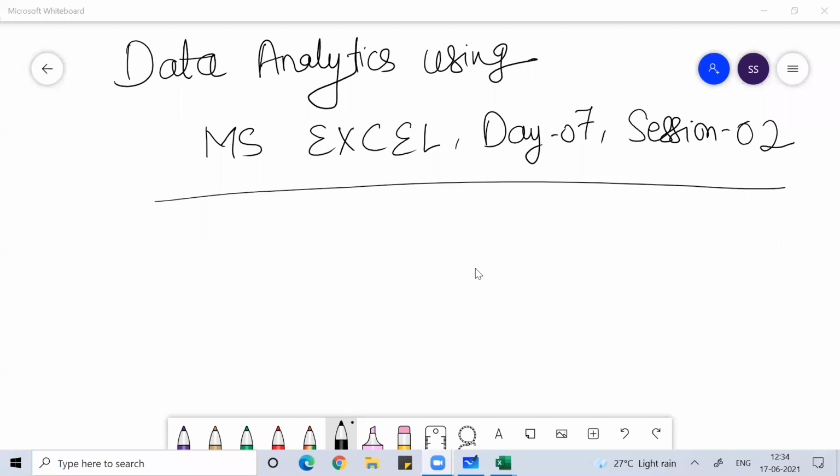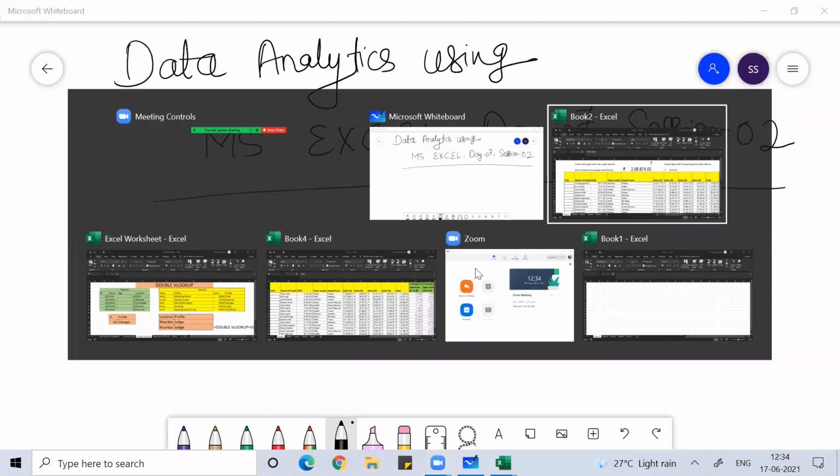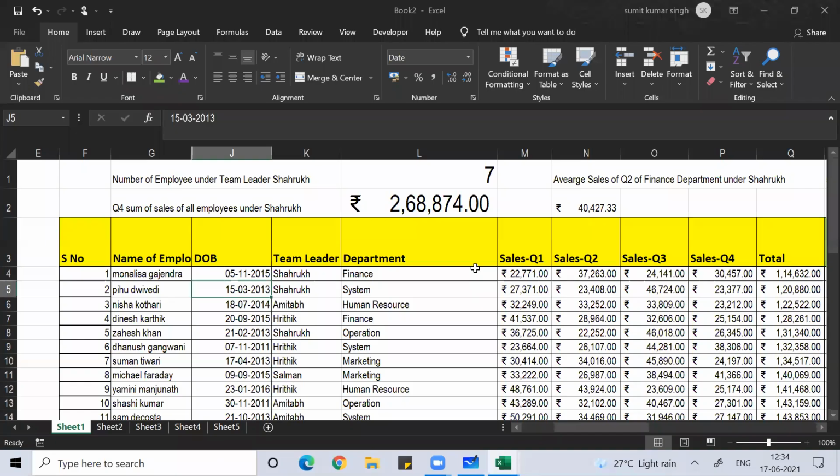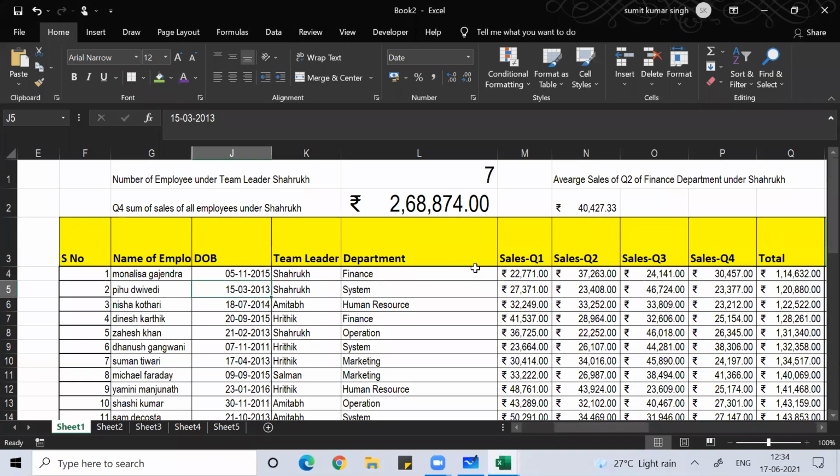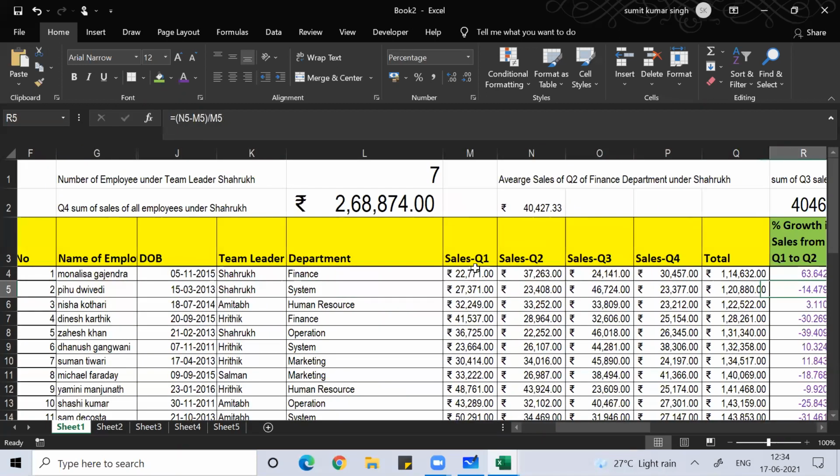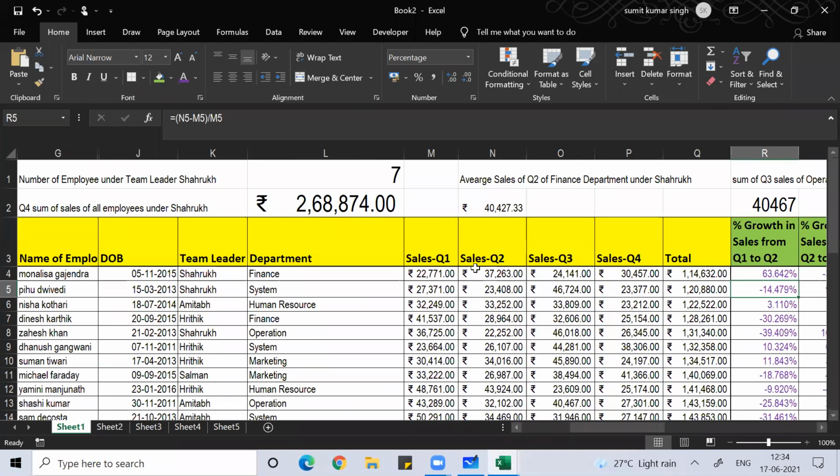Before this session, we were discussing advanced filter. We talked about the subtotal command, and with that subtotal command, how you make sure that whenever we use filter, the serial numbers do not get impacted. We discussed how to work on percentage, then sparklines, then SUMIF, COUNTIF, SUMIFS, COUNTIFS, and AVERAGEIFS functions.